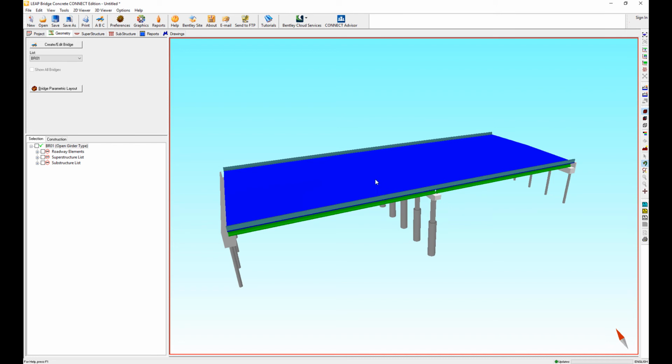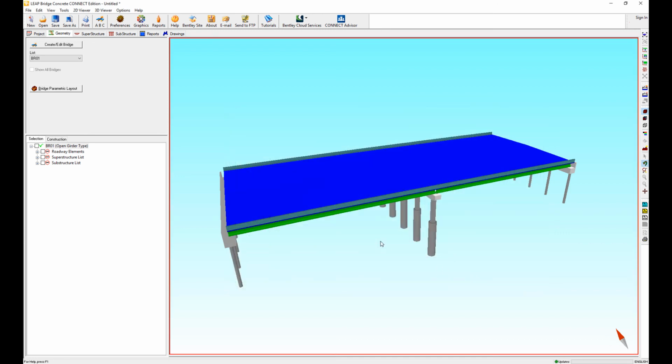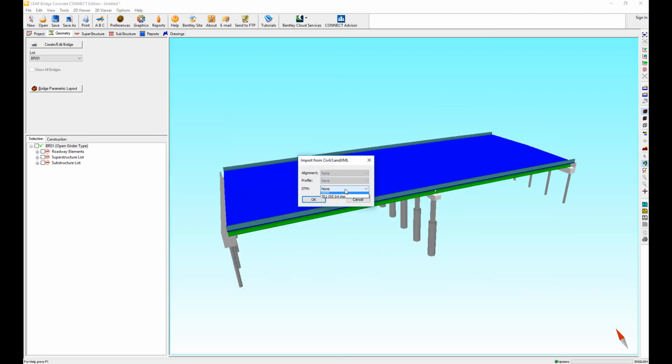If I have the ground information, if I want to see the ground, I can also do it with this option. Load the ground and specify where that ground information is. That could be in the form of a LandXML file. It could be also on a TIN file if I have GEOPAK. So let's bring it from an XML file in this case, like a kind of neutral format. Open it and load the ground information,